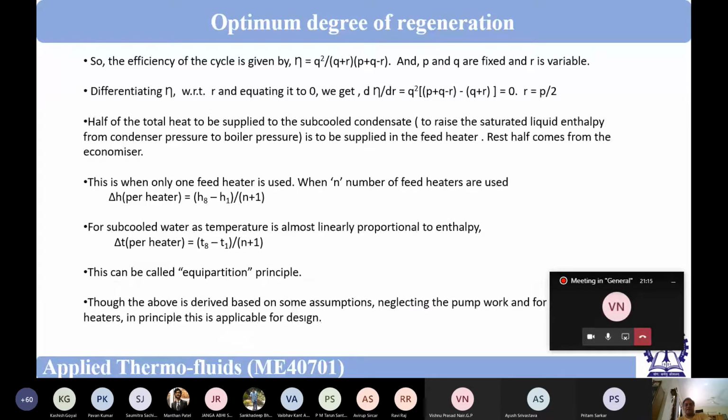And we have done this analysis based on open feed water heaters. So approximately this is also valid for other types of feed water heaters, unless there are some practical considerations which are there in almost all power plants. So we have got this principle, and based on this, the feed water train is designed. It is very simple, easy to remember, and the derivation is also not very difficult. Tell me if you have got any question to ask.